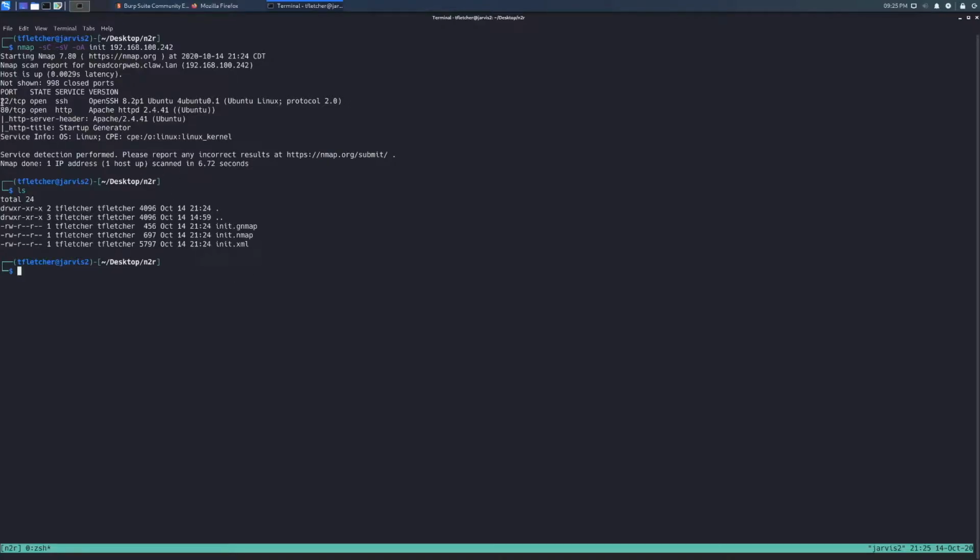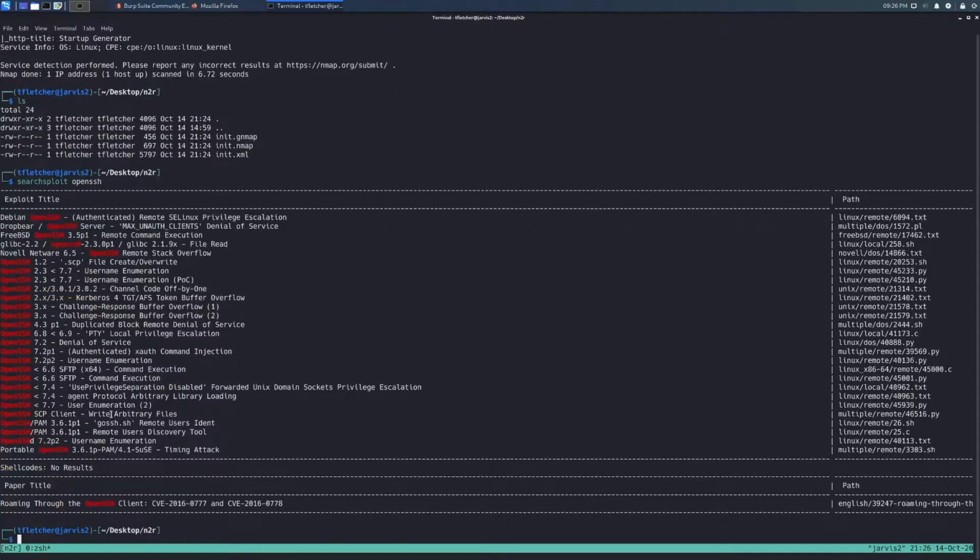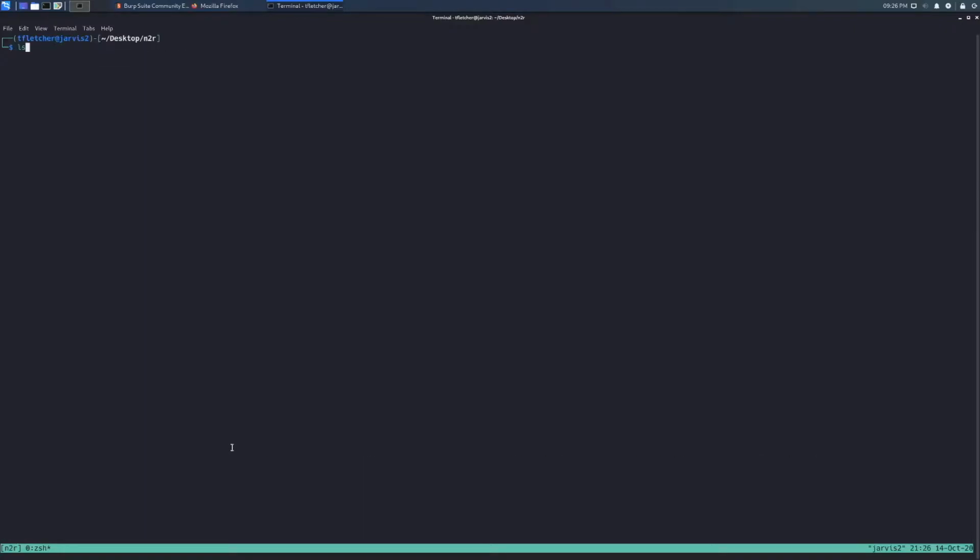If we look at the actual results here, we only have two things open. We have SSH running on port 22, the default, and we have HTTP also on the default port 80. So OpenSSH 8.2, that's pretty up to date. We actually do a searchsploit on OpenSSH, and see that there's not anything up. You generally won't find anything using SSH as an initial vector. It's more for if you find creds to get in later. So we're going to focus on the